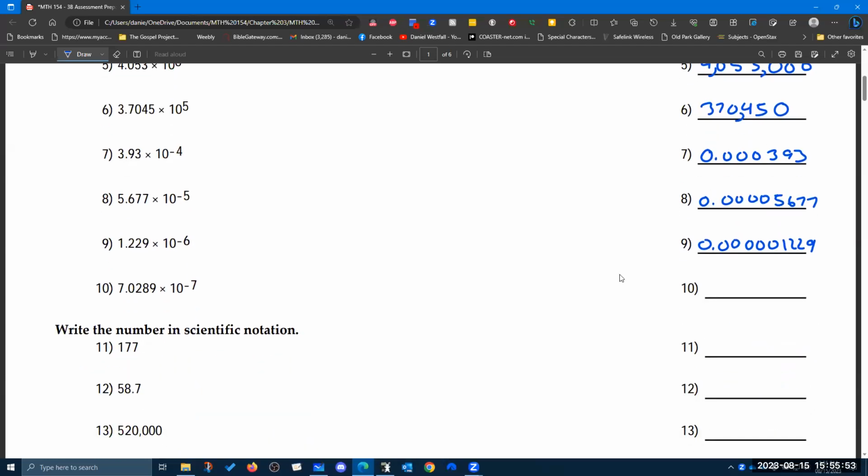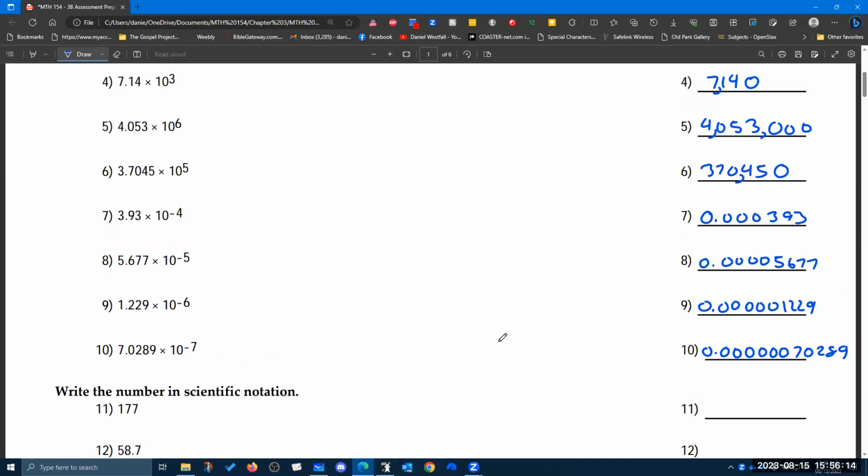And then we're going to move this decimal place 7 to the left. So there's going to be 0, 1, 2, 3, 4, 5, 6 zeros, 7, 0, 2, 8, 9. So you see that scientific notation is a way to help us write numbers that are very